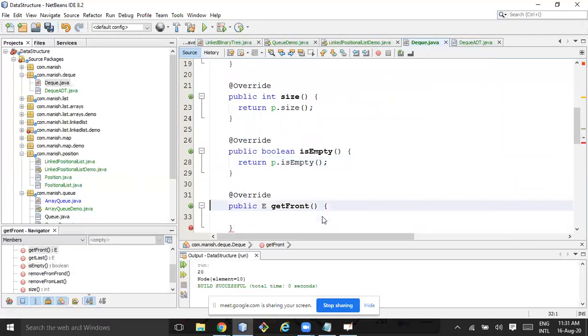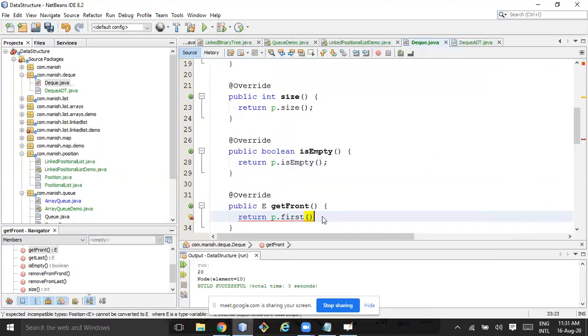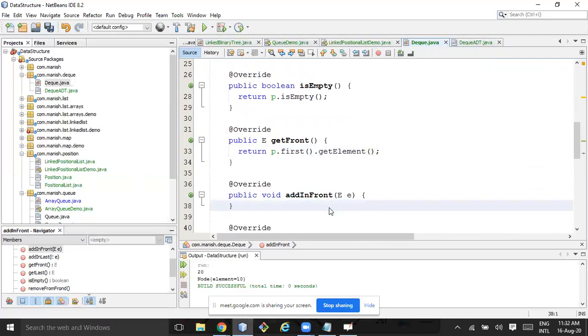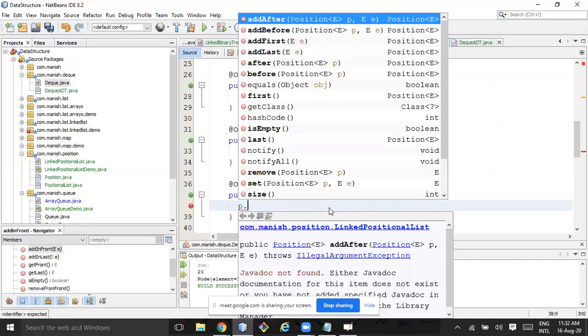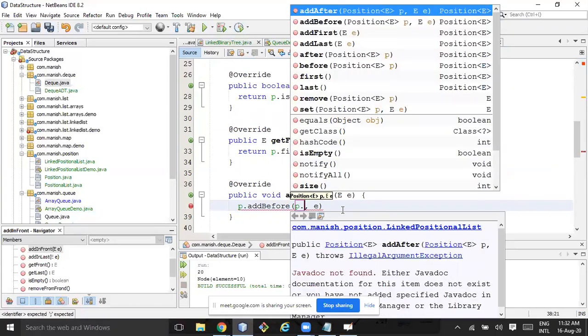Get front: return p dot. Add in front: p dot add before, p dot header.